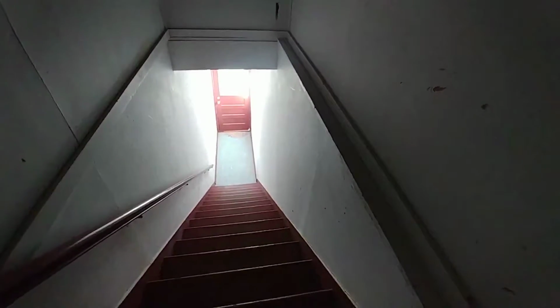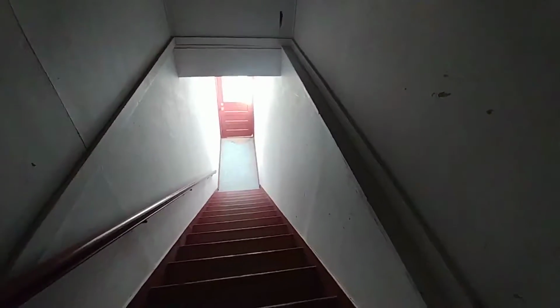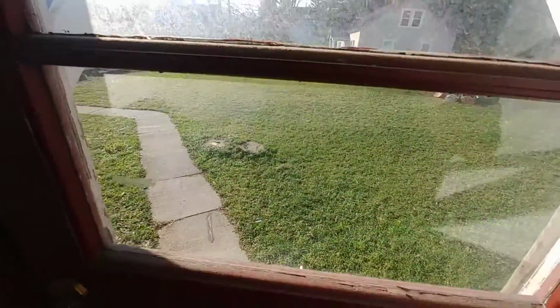Okay, this is where we started the apartment number 4 renovation video series, and it's where we'll end it, in the stairway. It's got some marks and stuff, but that's to be expected, people moving in and out. I was considering giving it a paint job, but it took us most of the year. We're into November now to get this done. Dirty window, but